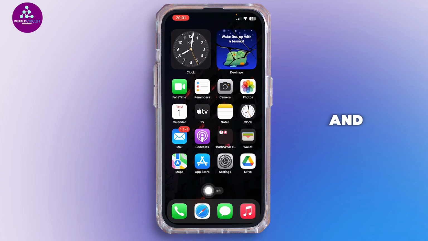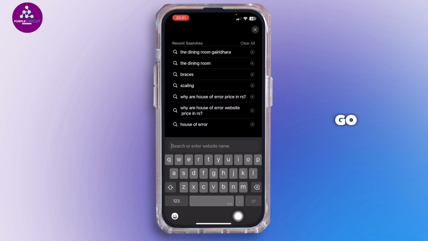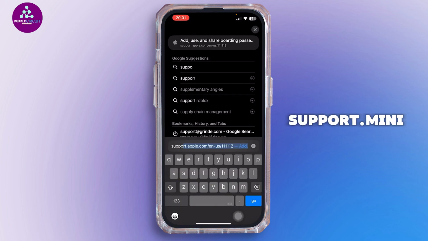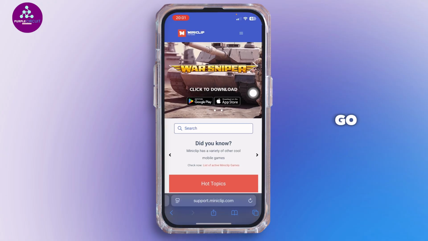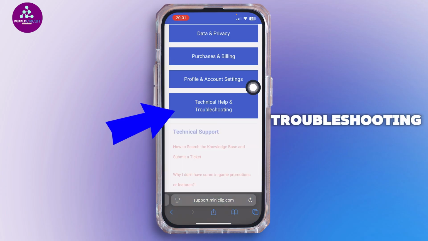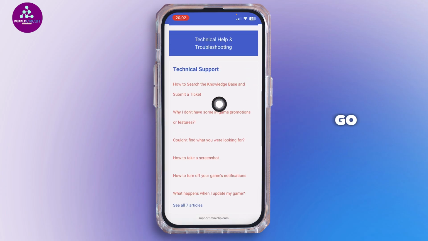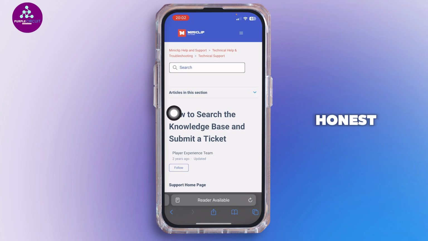So you want to go ahead and open any browser, and then in the search bar you want to search for support.miniclip.com. Once you're here, scroll below, then tap on technical help and troubleshooting. Just like so, tap on submit a ticket, and then be honest and polite